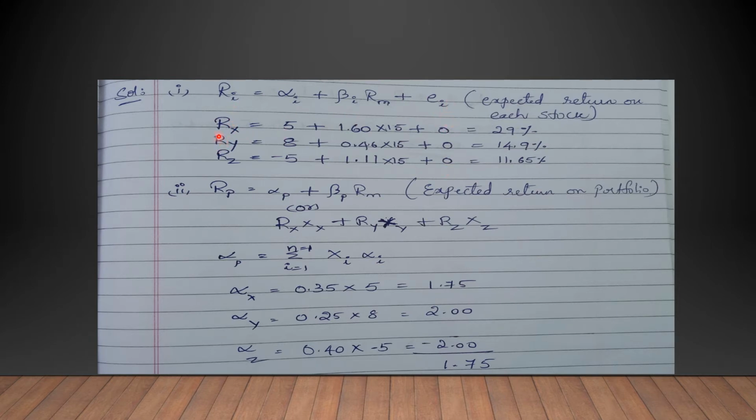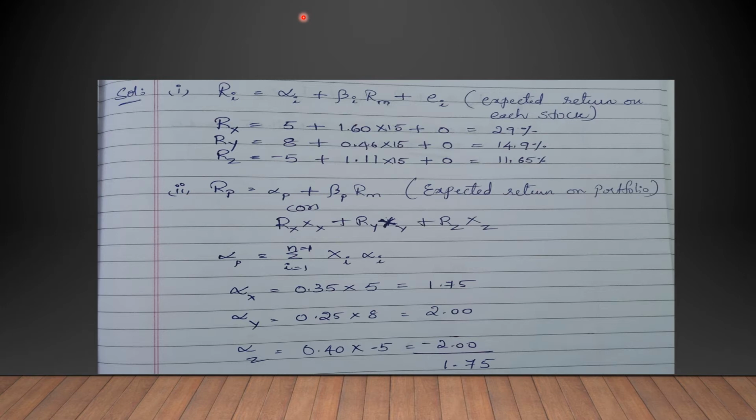So coming to individual stocks, that is Rx, we have 3 stocks here. In the question we have X, Y and Z stocks. So individually you have to take the values. Rx equals, substitute the values here, alpha i, or it is Rf, that is the risk-free return. The risk-free return is 5. So 5 plus, what is beta i? Beta i is nothing but